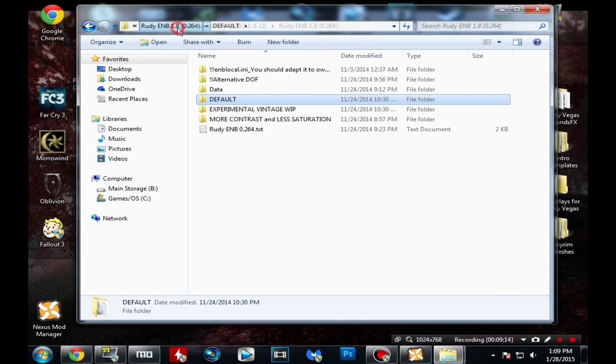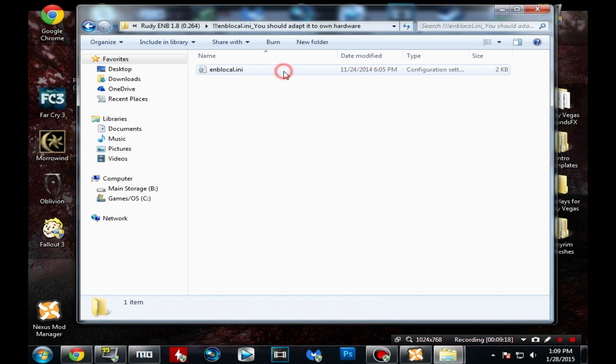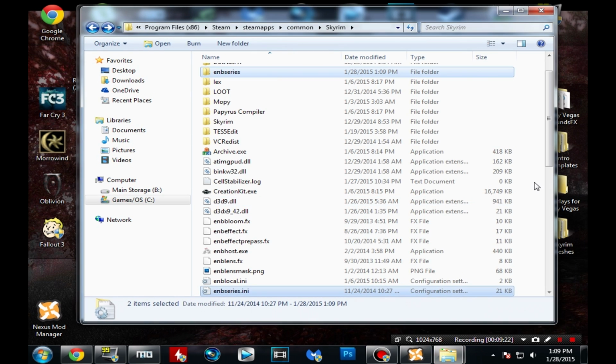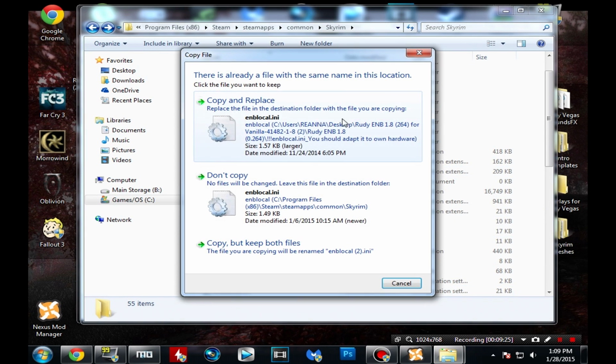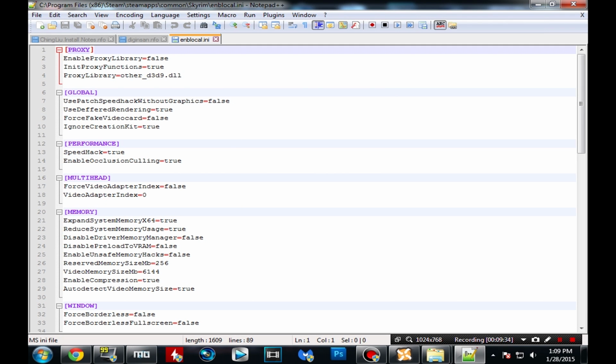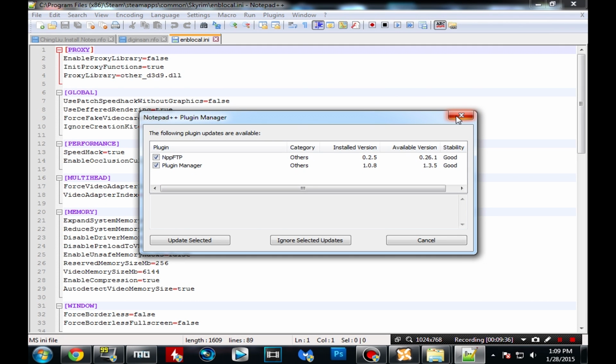So once you copy and pasted that, you're going to go to the enblocal.ini file, which is the top one, and you're going to copy that and paste it in your Skyrim folder, always overwriting if it asks. This basically has the configs that Rudy ENB requires, but you're obviously going to want to change everything to what